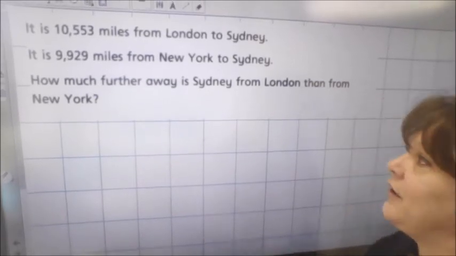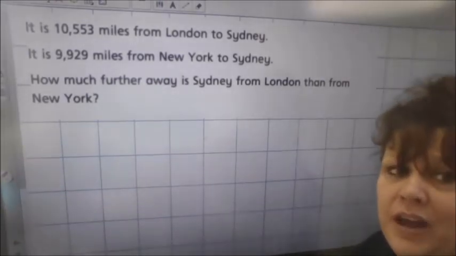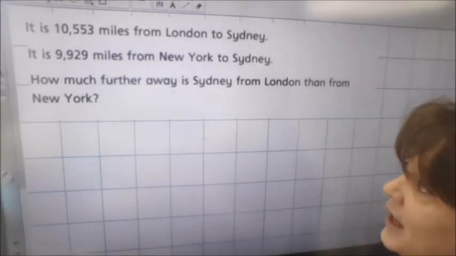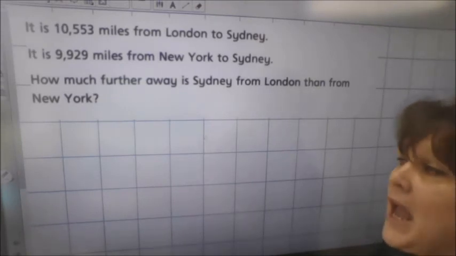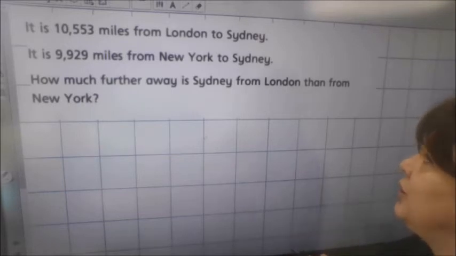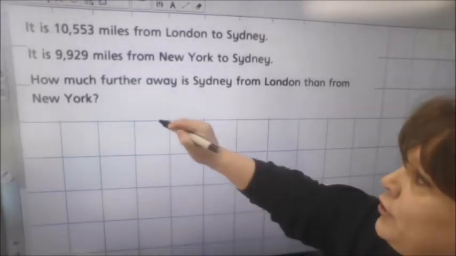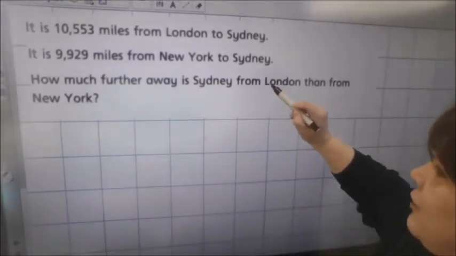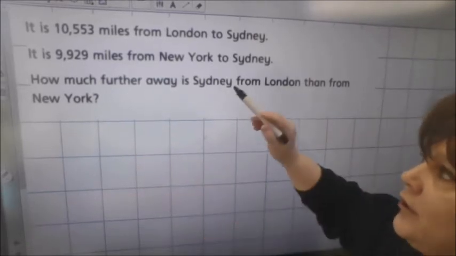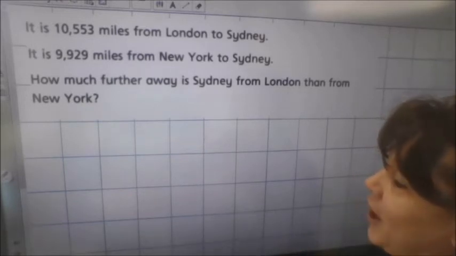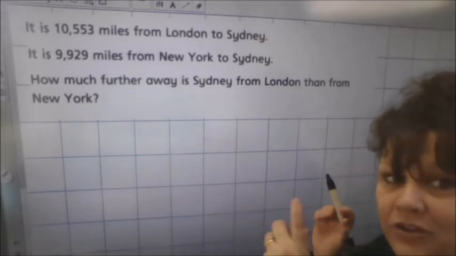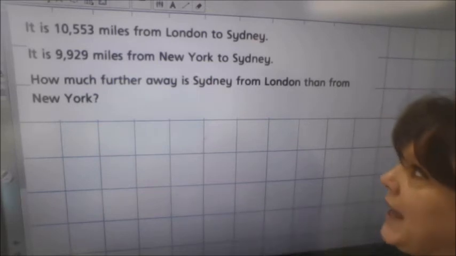So what I've got is a problem on the board. It says it's 10,553 miles from London to Sydney. It's 9,929 miles from New York to Sydney. How much further away is Sydney from London than from New York? So what we've got to do is have a look at the question. We've got those 2 numbers there. Those are 2 totals of miles. So we've got to subtract them to find out how much further away Sydney is from London